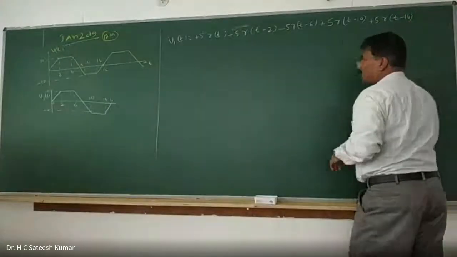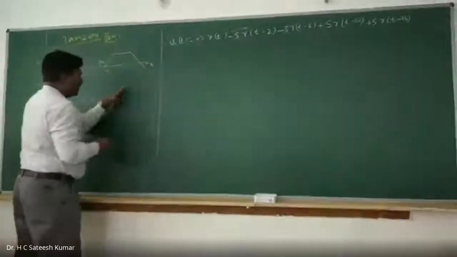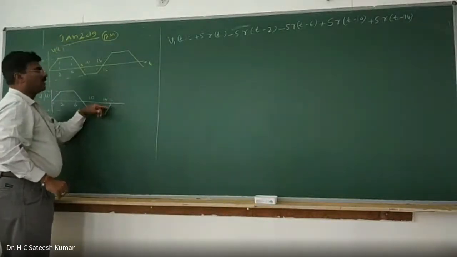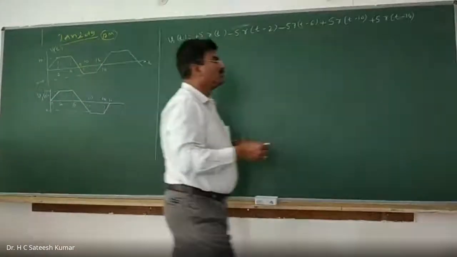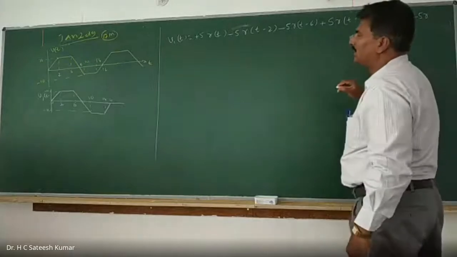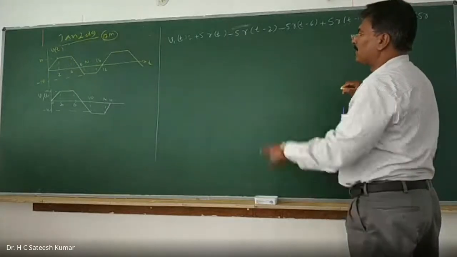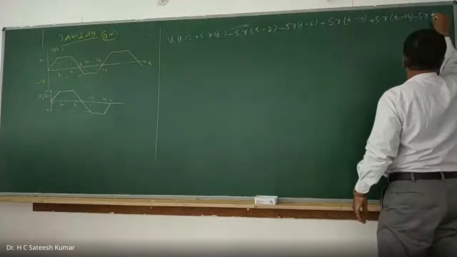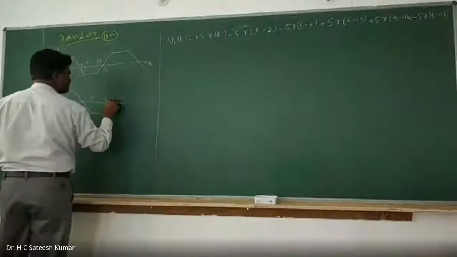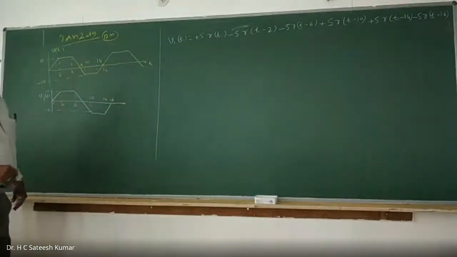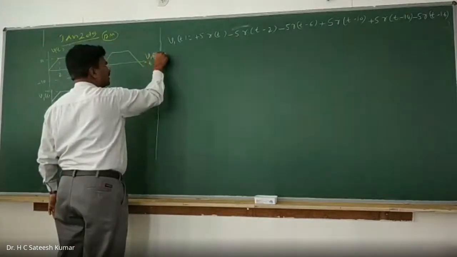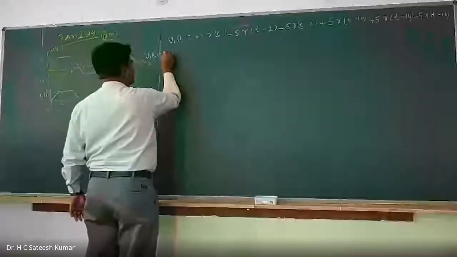Now I am going with the slope of plus 5. I will have to make it 0 here. Since I am going with plus 5, to make it 0 I need minus 5 into r of t minus 16. From 16 onwards it should be 0. That's how we should write it. Therefore, v1 of t is equal to what? So write down in terms of the unit step function.